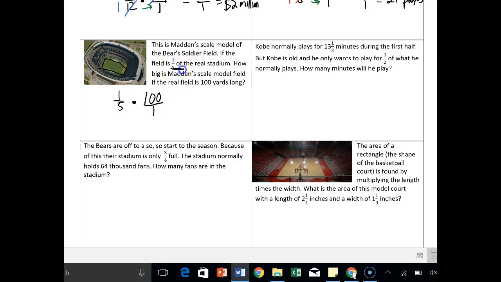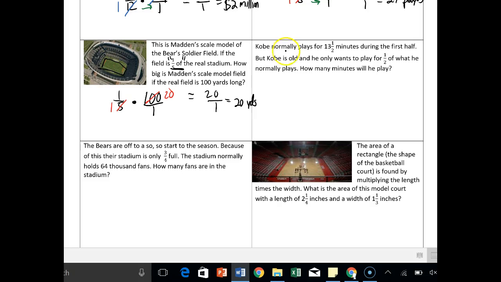So of, right? That of word is really helping us multiply. So 1/5 of 100, right? So we can go ahead and say divide by 5, that's 1. Divide by 5, that's 20. We can say 1 times 20 equals 20. 1 times 1 is 1. So we can say 20 yards, right? And obviously that's in the video game. On your TV screen, it's probably even way smaller than that, right?